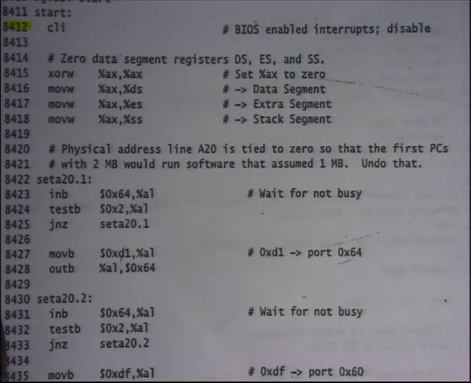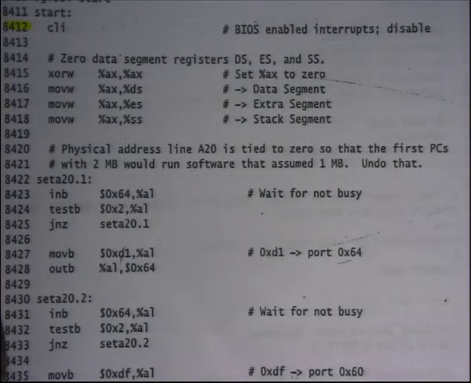Recall that in 16-bit mode, segmentation works by multiplying the segment register value by 16 and adding it to the virtual address to get a physical address. So I don't want any segmentation, and I just set it to 0, so from now on my virtual address is equal to physical address.